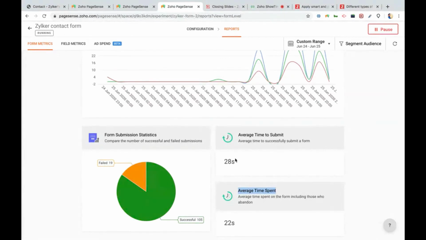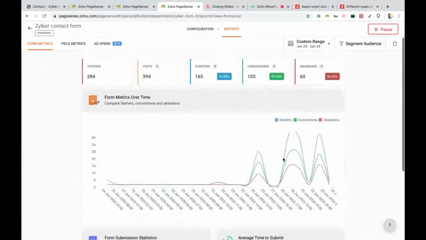So this will help us to understand. For example, if people who are abandoning are also spending much time on my form, but the conversion time is more or less equal to that, we could compare and understand that there is something wrong with the form that is making users spend a lot of time but not convert. Or in case you see a lower overall average time, you could understand that people are spending less time on your form, they are not considering the form, or it is missing some important key factor that is going to convince your user to give their data to you, that is their details.